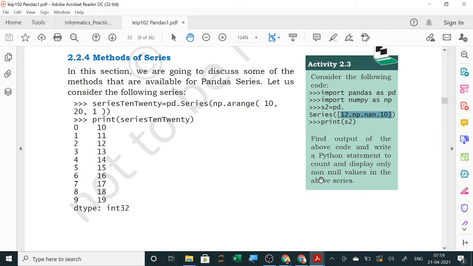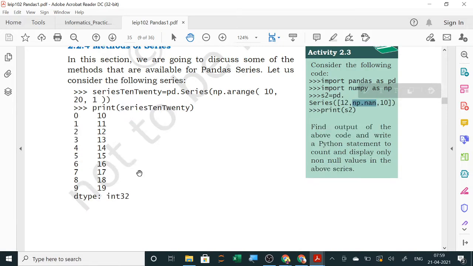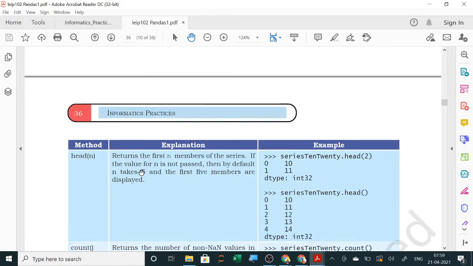So if you have to count only the not null values, then what you have to do, that we are going to learn. So 2 things here you have learned. First thing is the np.arange method. You can give a regular series, and using np.nan you can enter a null value. So we will start with our methods.